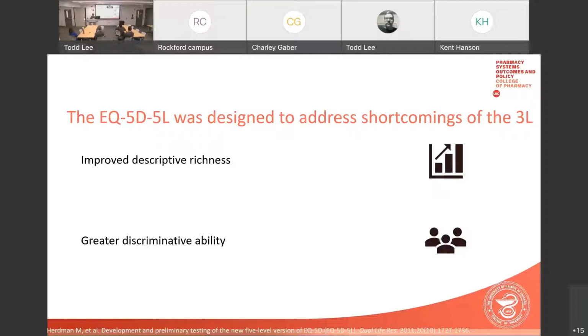Why this is important is because for any measure, you want to maximize the amount of information you get, but minimize the amount of respondent burden or potential confusion that could result from answering that measure. So this is important because if there's too many response levels that aren't being used, that's added burden on the respondents and added sources of potential error when you're analyzing your results. So to that end,